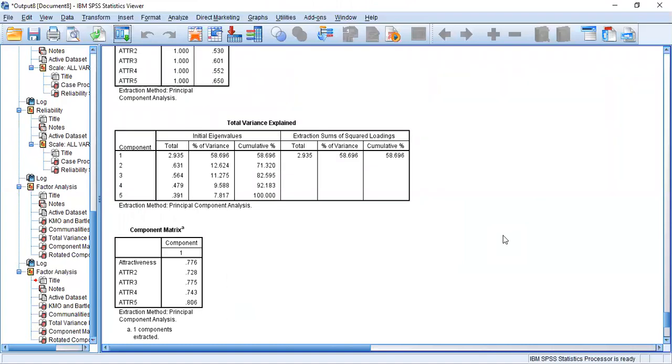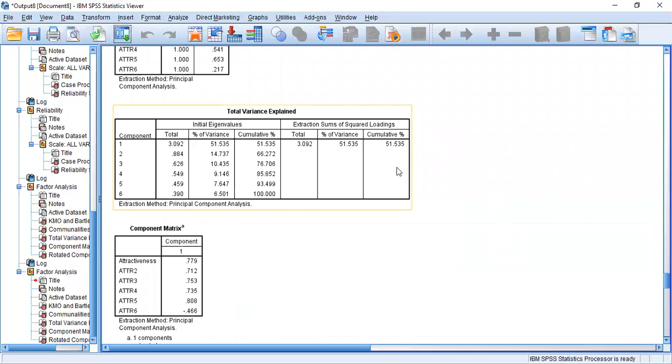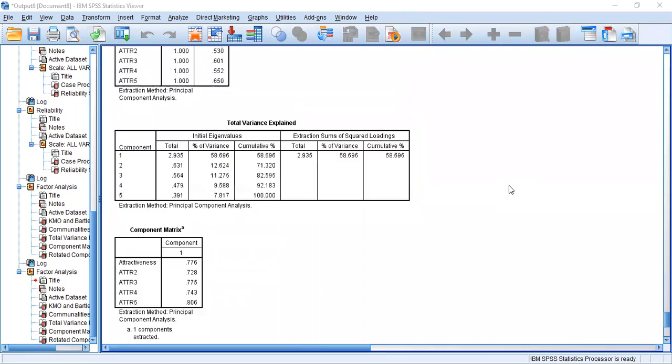Now you can see with item number 6, the total variance explained is 51%. But with the 5 items, your total variance explained increases up to 58%.